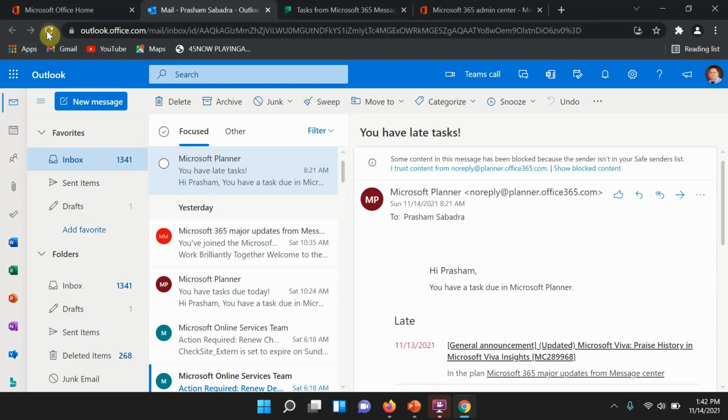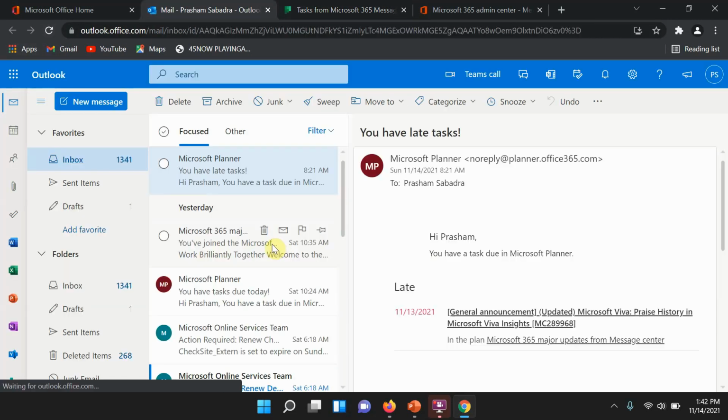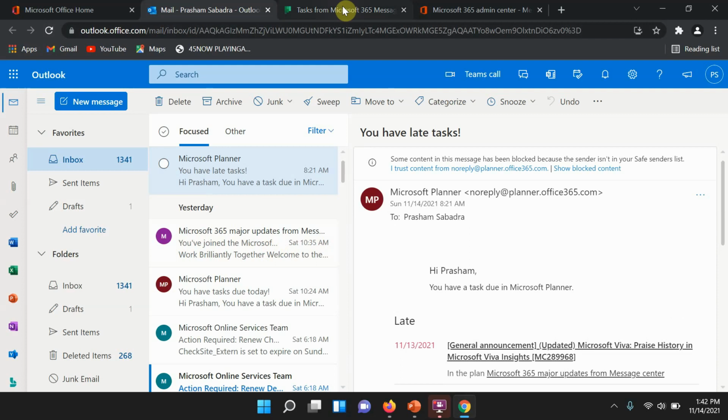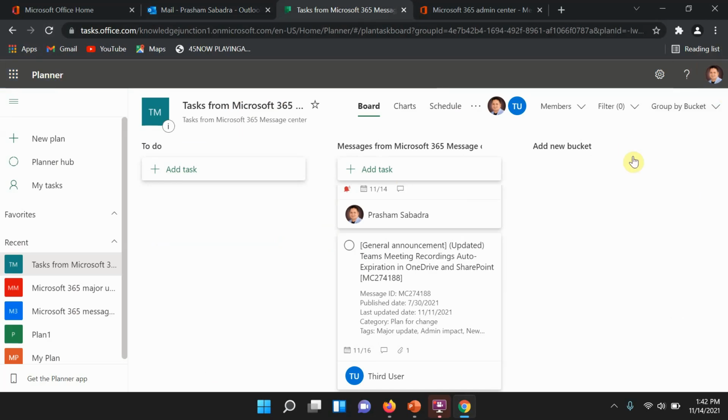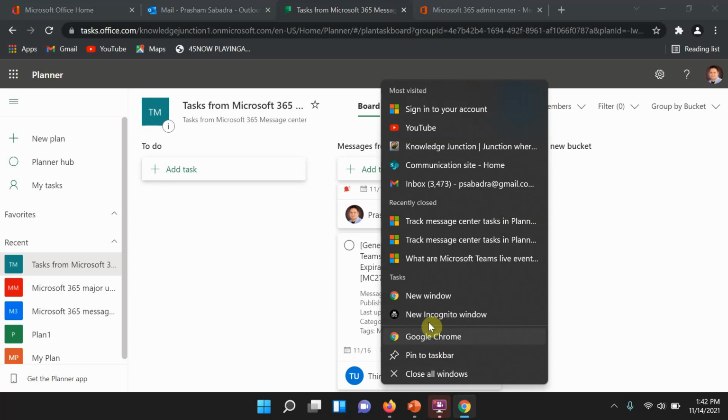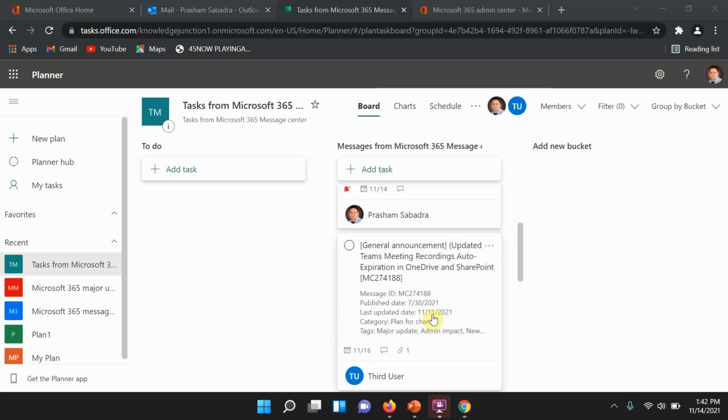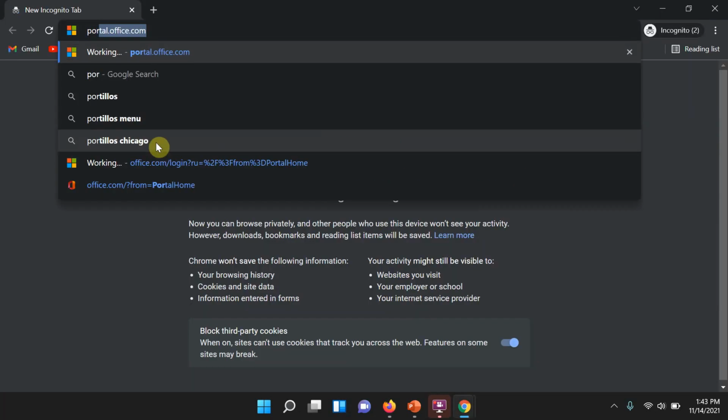Let's check whether the email came or not. Not yet, it may take some delay. We could log in with the third user and try it out. Let me check. Hopefully I'll remember the third user's password.